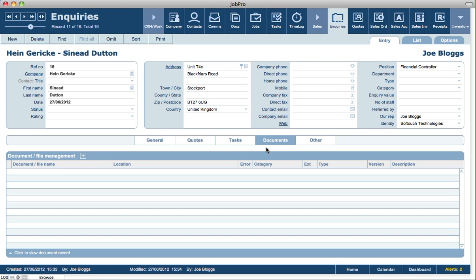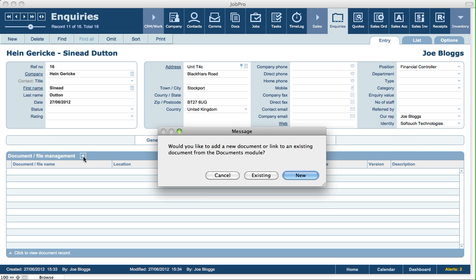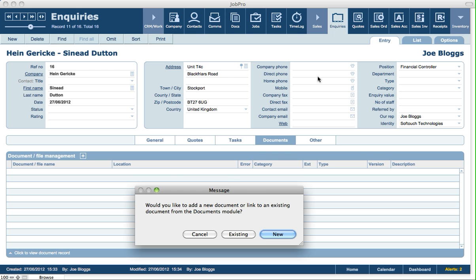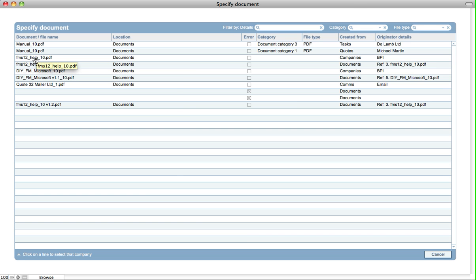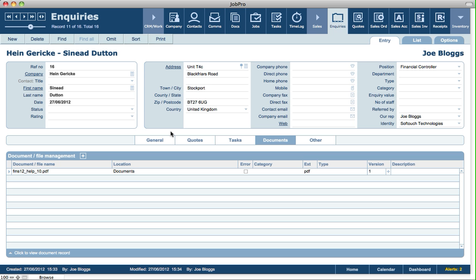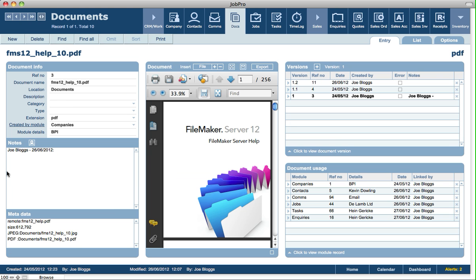That uses the documents module here, where if you link a document to an inquiry, now you can link documents to various places in the system like jobs, tasks, companies and contact records, product records, etc. But you have the ability to click and link to an existing document or to a new document. So if we selected an existing document, for example, and pick a PDF that's already in the system used somewhere else, if we view that PDF, we can actually see here in the documents module the PDF itself,